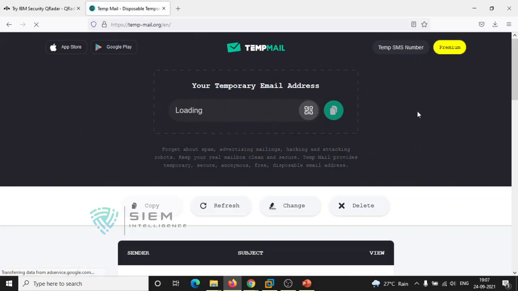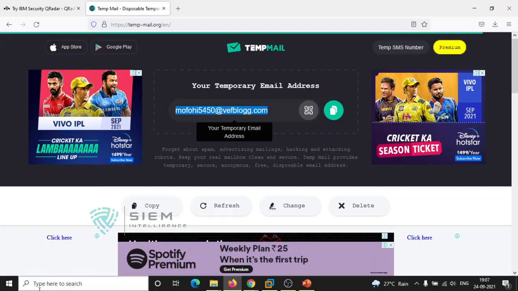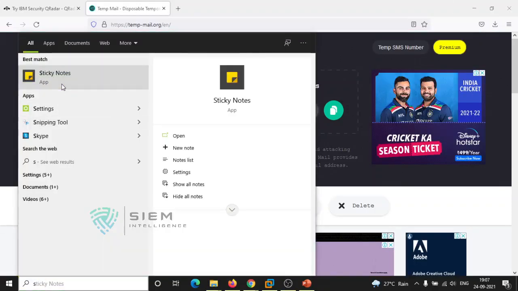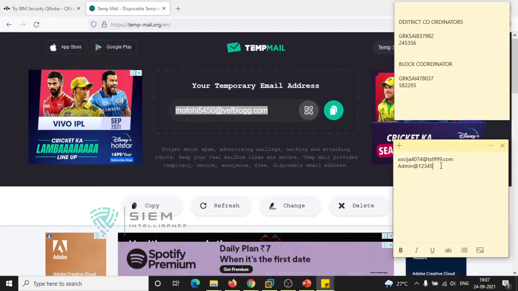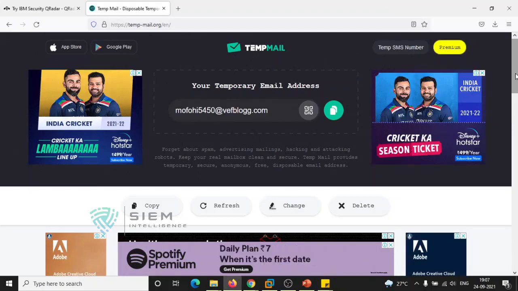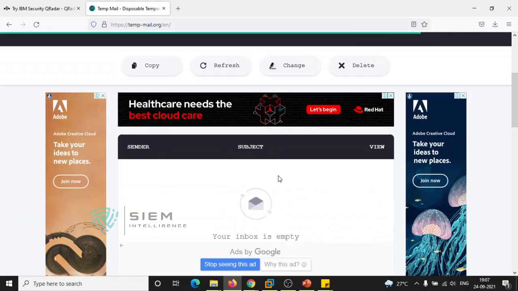See, it will create a temp mail. This is my temp mail. Just copy it first to your sticky notes or something. I'll keep it here, and the inbox will appear right here itself.